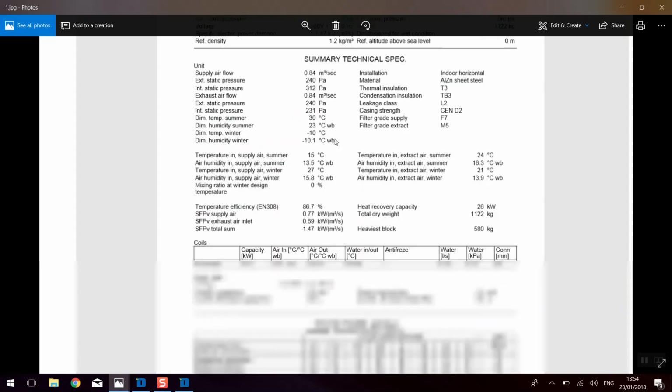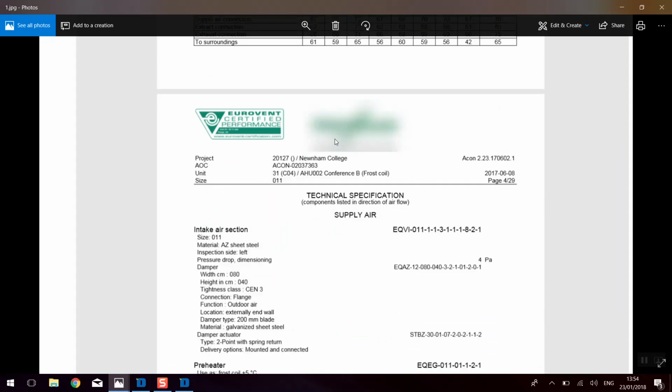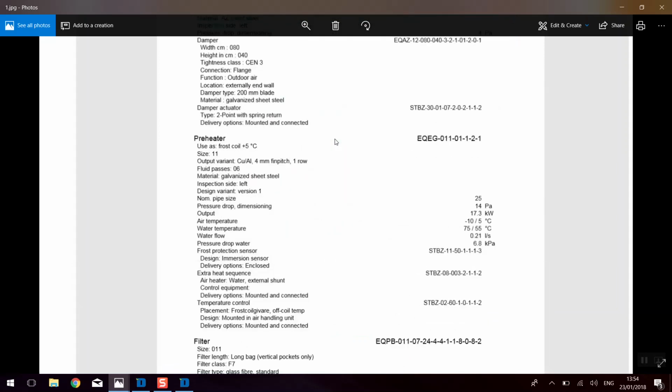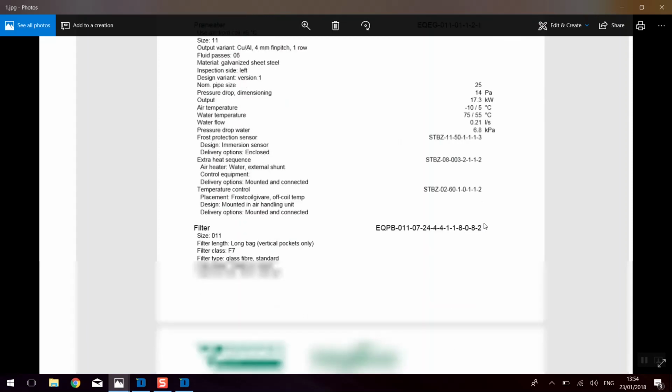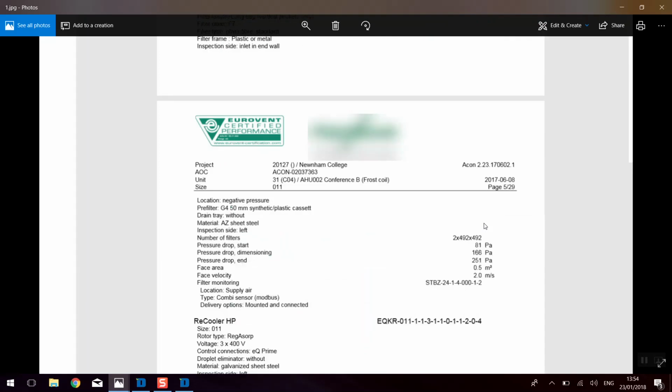So with this one, we go and see, first of all, that this unit uses a preheater as a frost coil to heat up the temperature from ambient -10 to +5 degrees. That is okay, but in our opinion, it means that this heat pump is not sized to cover lower temperatures than +5 degrees. Then we go down,